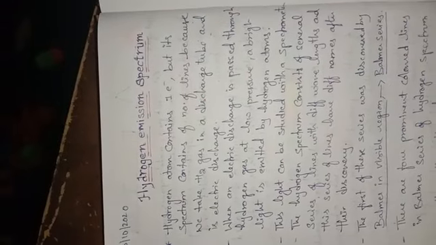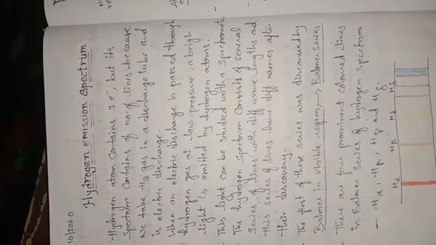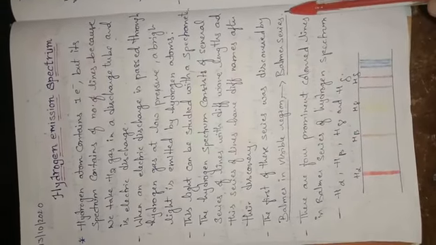We know that the atomic number of hydrogen is 1, but when we take hydrogen gas and subject it to electricity, it gives a number of lines. Understand, children? The light emitted by the hydrogen spectrum consists of several lines with different wavelengths. This series of lines has different names, given after their discovery. The first of this series was discovered by Balmer, and it was seen in the visible region. That is why it is called the Balmer series.